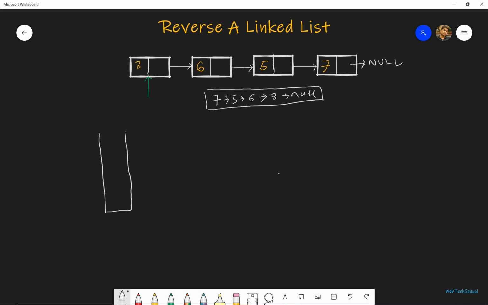We have the reference to the head node. So this is my head node. Okay. I will traverse through the linked list, and for each node, I'm going to push the element into the stack. So first I'll push 8, then 6, then 5, then 7. Once the head pointer reaches null, I'm going to stop the operation